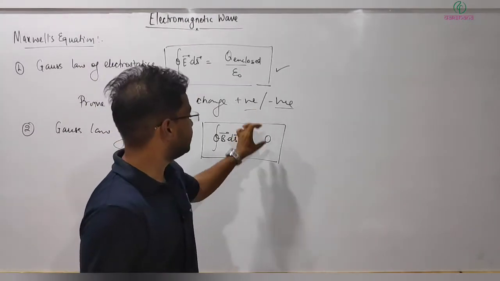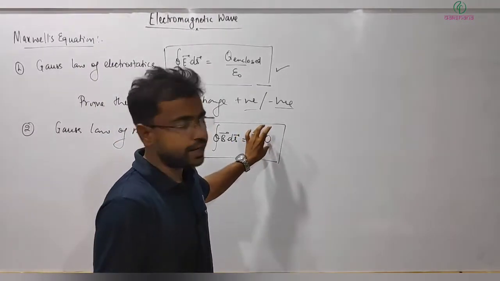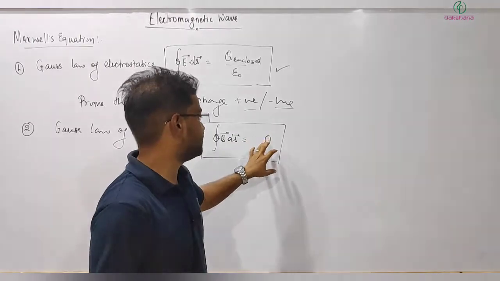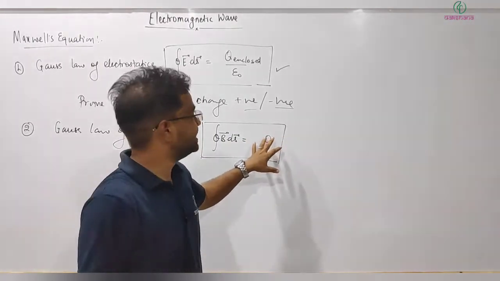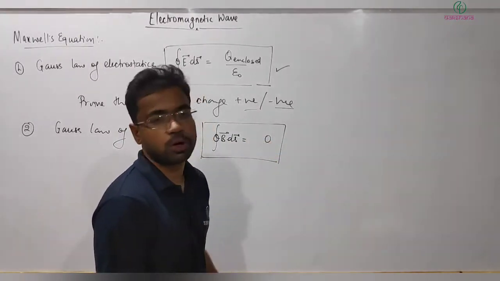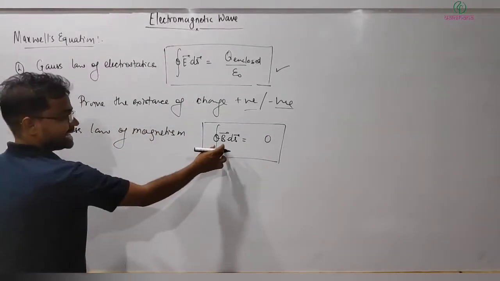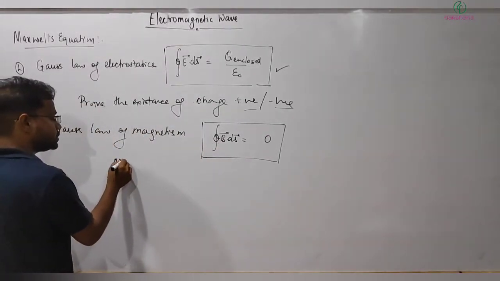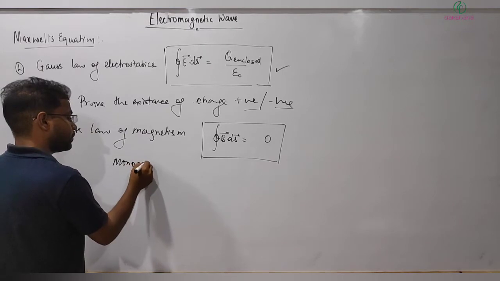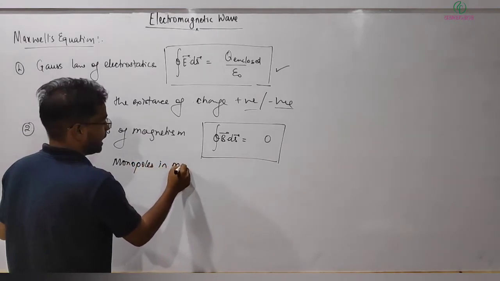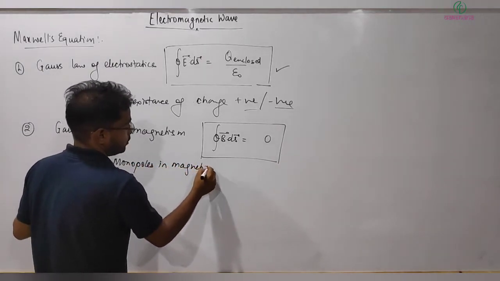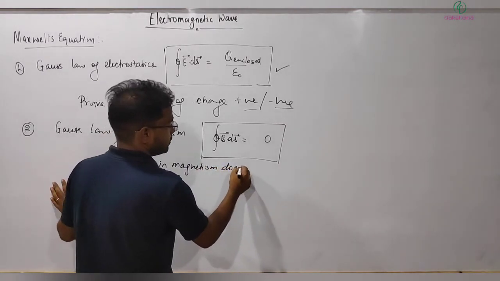Because if I write M enclosed, the magnetic monopole strength enclosed, multiplied by mu naught, there are no monopoles. So this also proved that monopoles